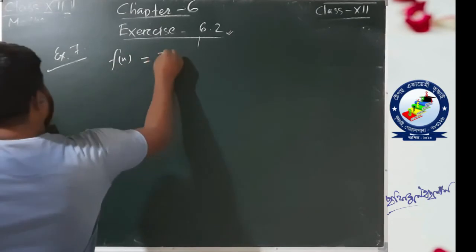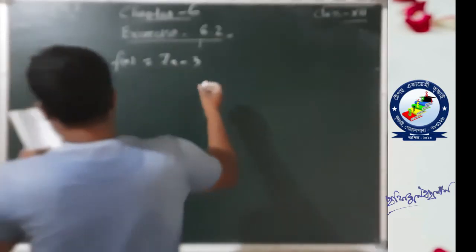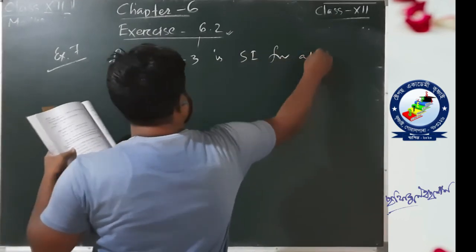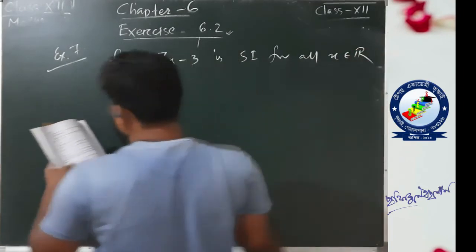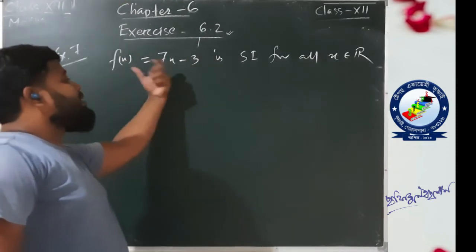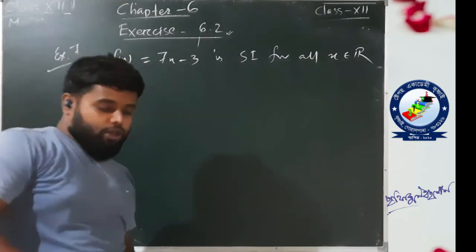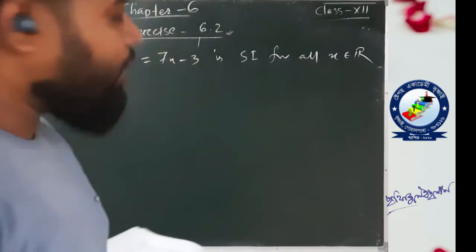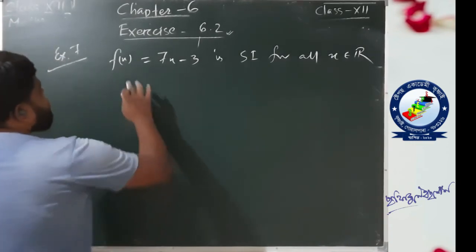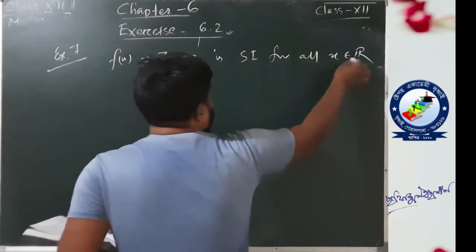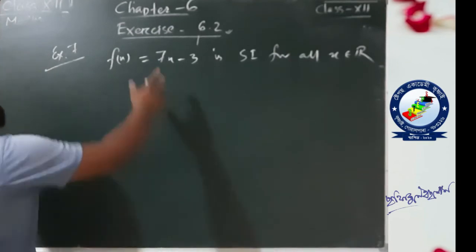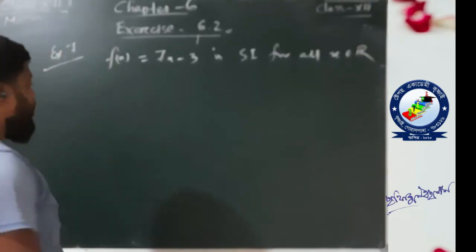Show that f(x) equal to 7x minus 3 is strictly increasing for all real numbers x belongs to R. See, that means the value of x can be anything and this function is strictly increasing. মই তোমালোকক কৈছো যে অসমীয়াত চোৱা প্ৰশ্নটো কি কৈছে যে f(x) এটা ফলন দিয়া আছে আৰু কৈছে x মানে R ডোমেইন টু R, সকলো বাস্তৱ সংখ্যাৰ ক্ষেত্ৰতে কৈছে এই ফলনটো সতত বৰ্ধমান, তো তেনে কেনেকৈ কৰিম।